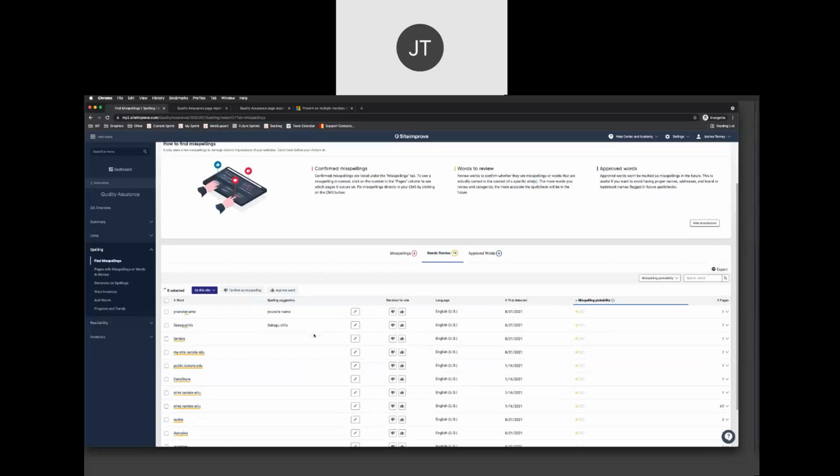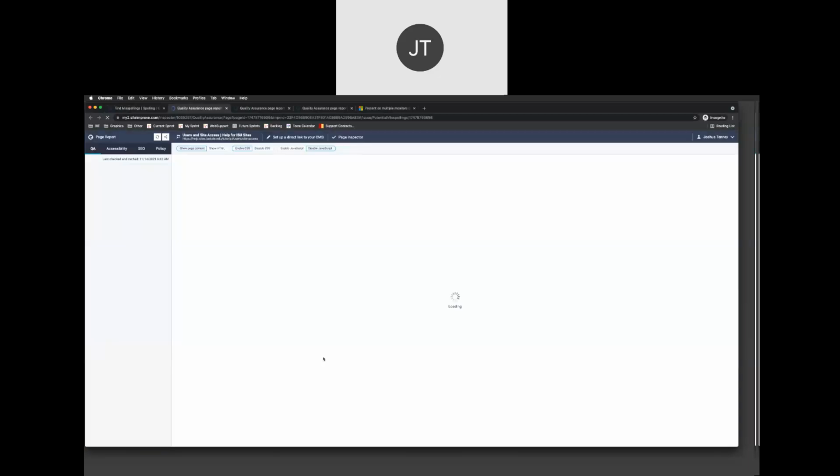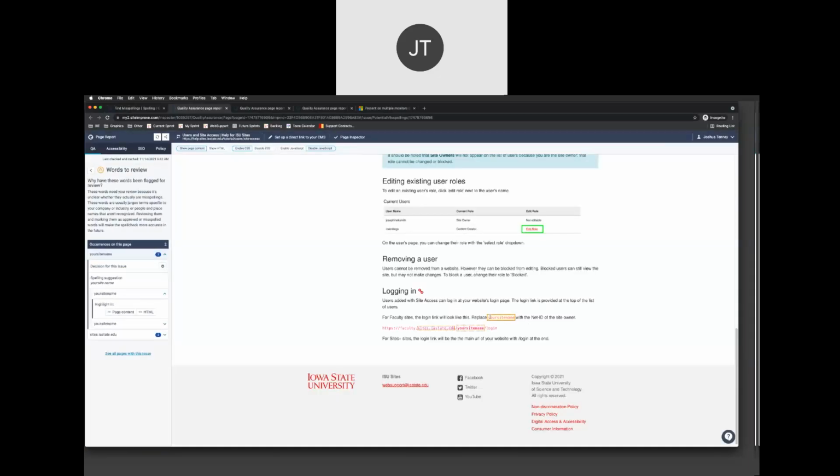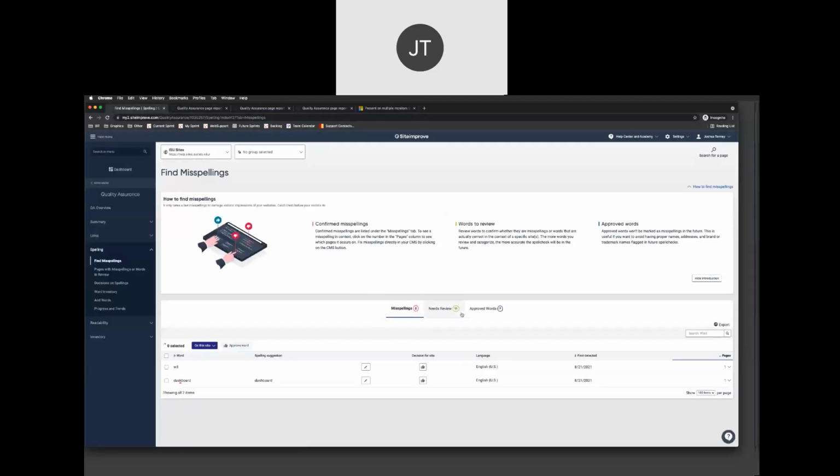Under needs review, though, you're sure to find some that are actually not misspellings, and that's where you've got this little approval button, which you also have, as I showed you in the view when you're looking at the actual site. So your site name, this looks like something that we made a mistake on, but if I go look at it, we'll see that we use this as a placeholder to indicate people who need to put in their net ID for their site name URL. So I can actually go ahead and say, no, this is an approved word. We'll say for the entire site and apply that decision. And now once I go back here, it should remove that from the needs review.